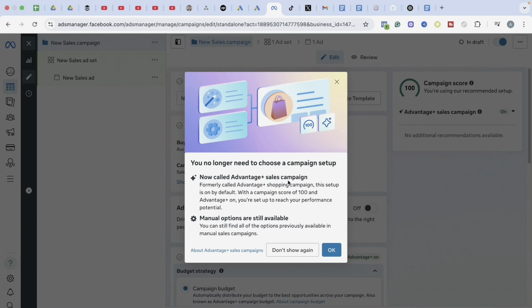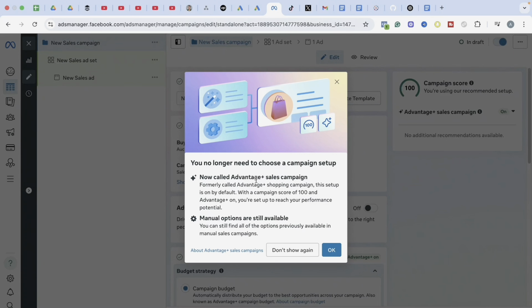We all know the Advantage Plus campaign that Facebook just rolled out. They were testing it against the manual sales campaign setup that we normally use. So that is the reason why they are still showing me this. But in new accounts now, they will not show you this pop-up, and they are just letting you know that you have two options between the manual option and the Advantage Plus option.